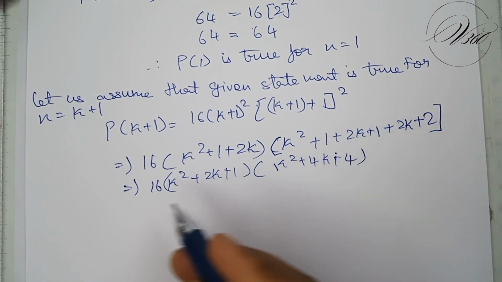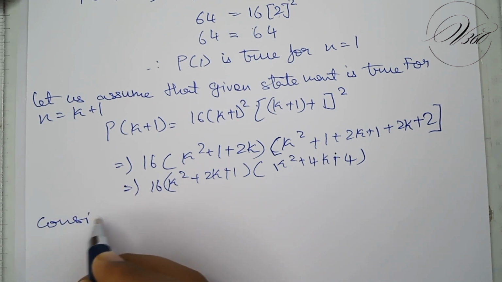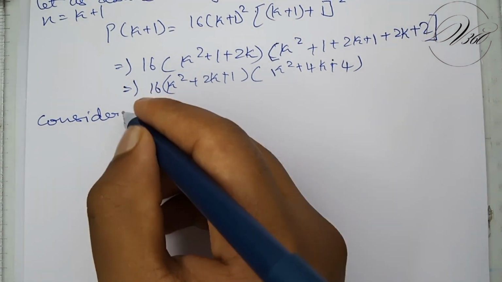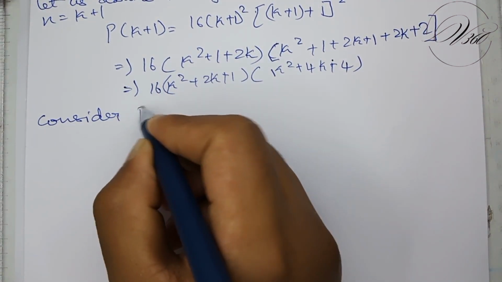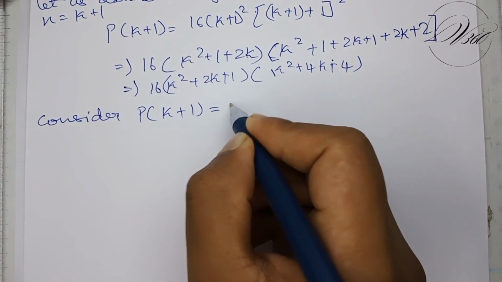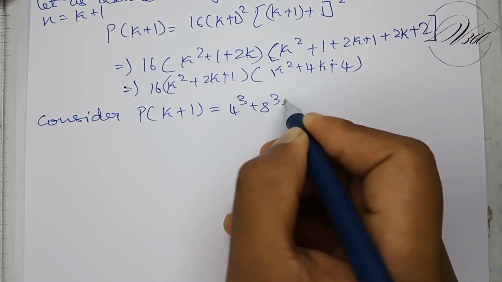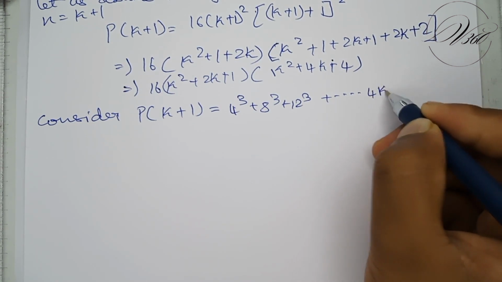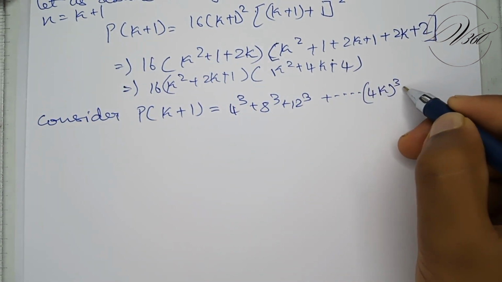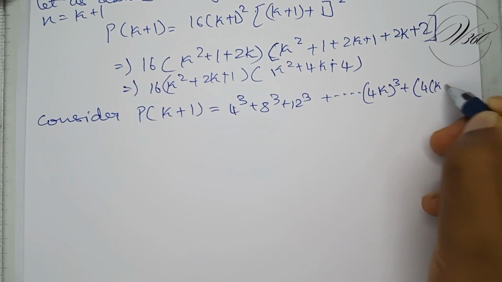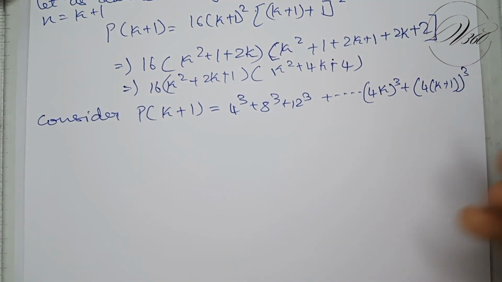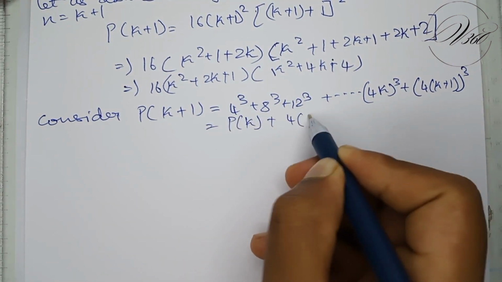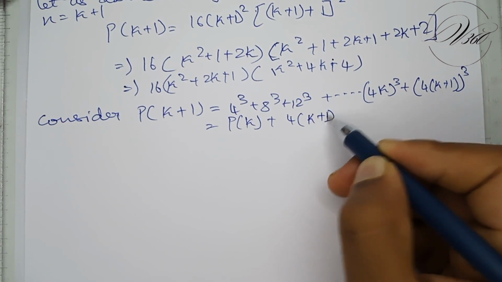Okay, now let's consider, let me raise it up. So let us consider P of k plus 1 is equals to 4 cube plus 8 cube plus 12 cube plus until 4k whole cube plus 4 of (k plus 1) whole cube. Okay, now it is equals to P of k plus 4 of (k plus 1) whole cube,